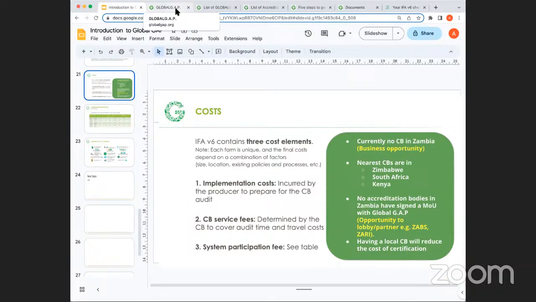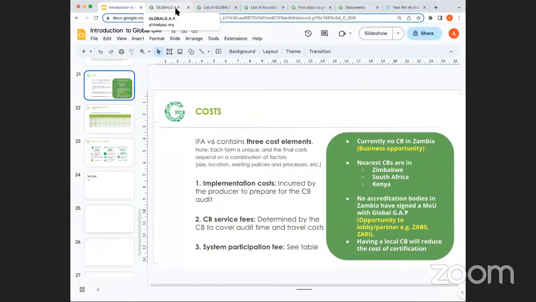But essentially, you go about it in two steps. You'd set up a business, Mr. Daka's business limited, registered with PACRA, and then you would apply through an accreditation body. Because we don't have one in Zambia today, you'd apply to one of them like in Zimbabwe, South Africa, or Kenya, and they would have the requirements that you have to meet to be accredited with them. Once you meet them and get accredited, you would have registered and you become a certification body in Zambia.